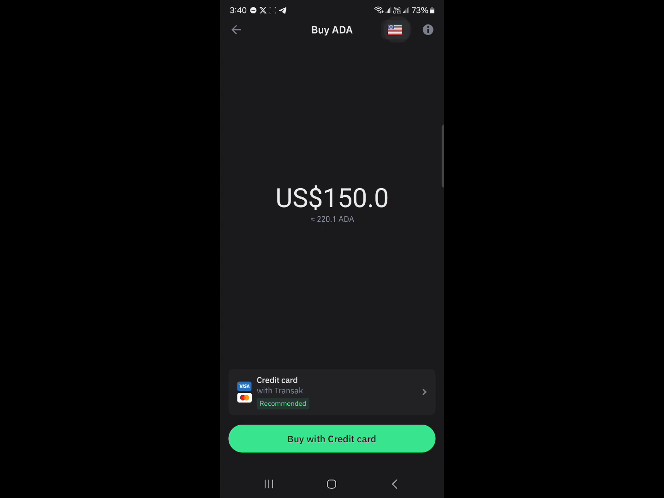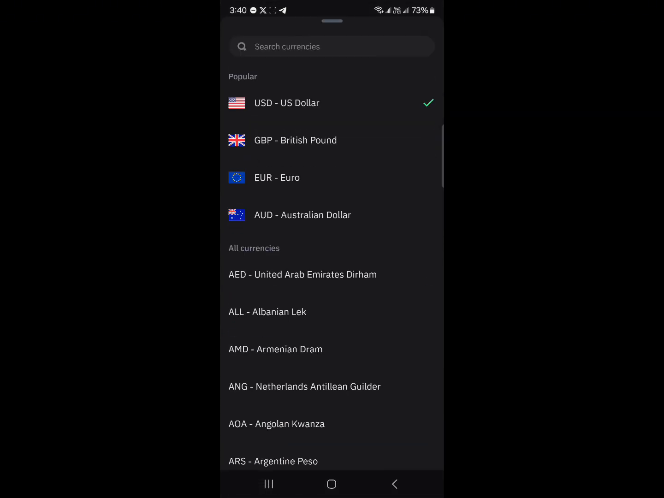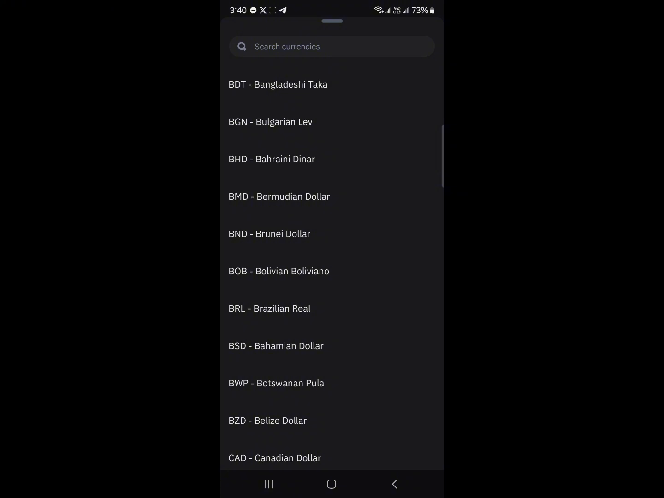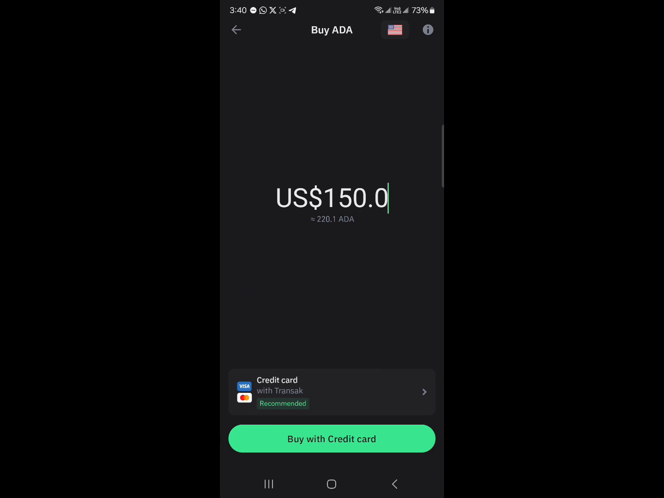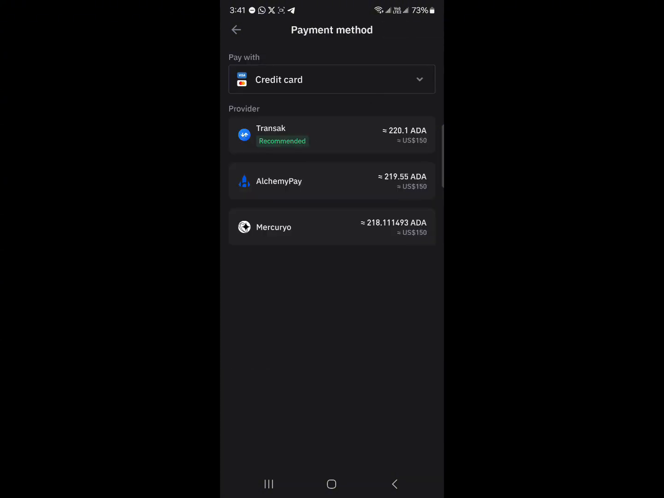So if you click on the United States flag and select any of the other flags that belong to your country or any of these short forms for their names, you could simply select the currency that works with you. So I'm going with the US dollar for this tutorial. Click on buy with credit card, and where we have credit card where it says recommended, click on this option